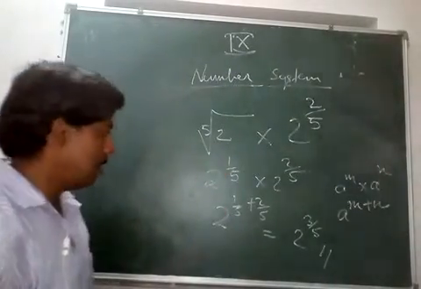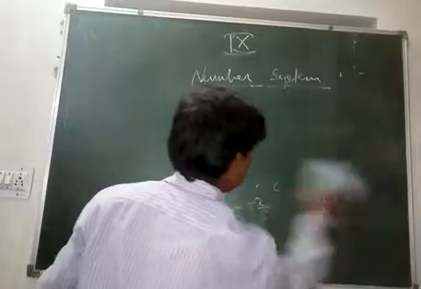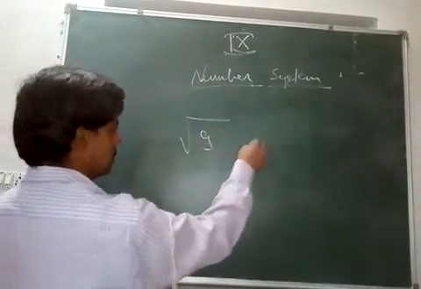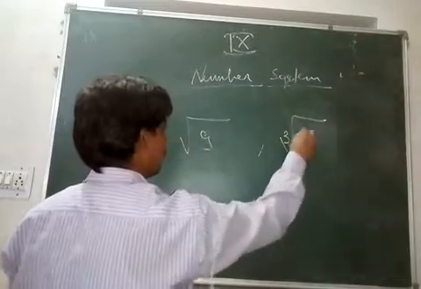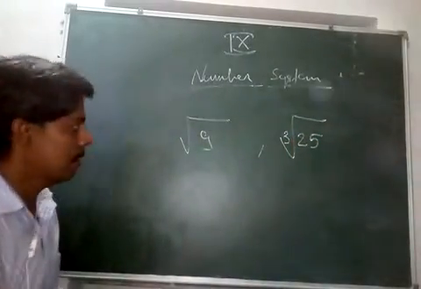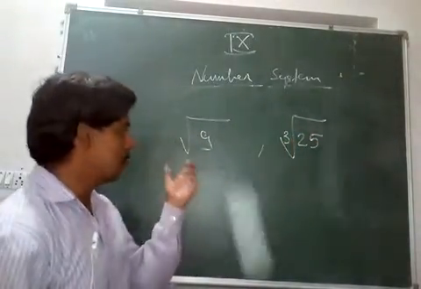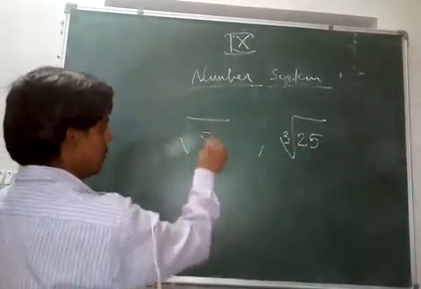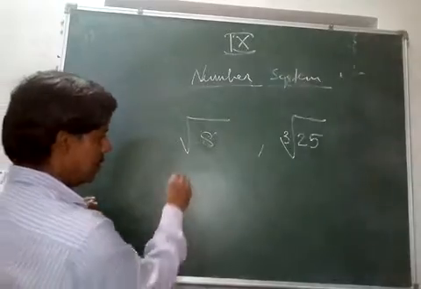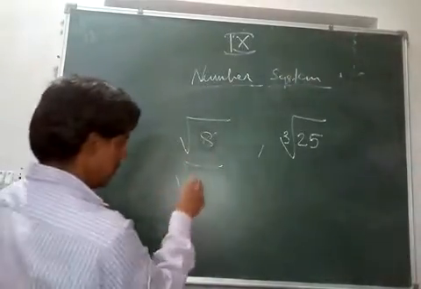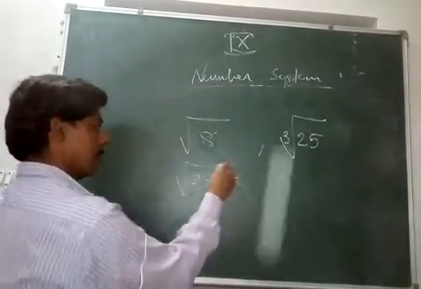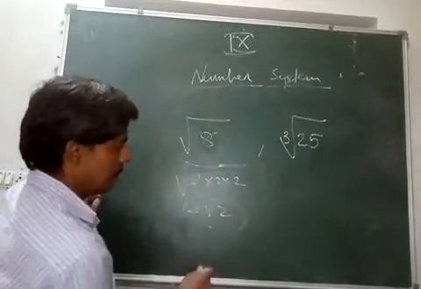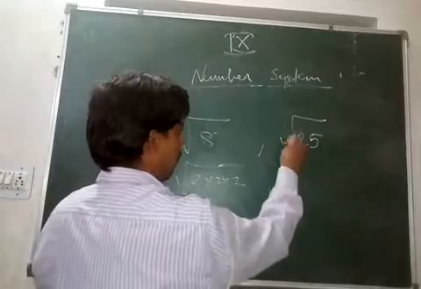Okay. Now suppose somebody says to you, which is greater, root of 9 or cube root of 25. Now how will you compare such a thing? Root of 9 and cube root of 25. Okay, let's make it square root of 8, because that's difficult. Now square root of 8 can be written as 2 into 2 into 2. This 2 can come out, so this is 2 root 2, and this is cube root of 25.